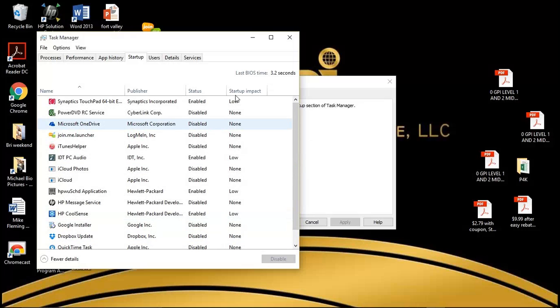So for me, mine is pretty optimized. These are things that I've tried to load before on my computer, and I've disabled them. iTunes Helper, I don't even do anything with iTunes. It's amazing how it keeps getting installed. Join Me, I disabled it as far as it running in the background. Just like I was saying before, it does not remove Join Me. That's actually what I'm using right now. I am using Join Me to